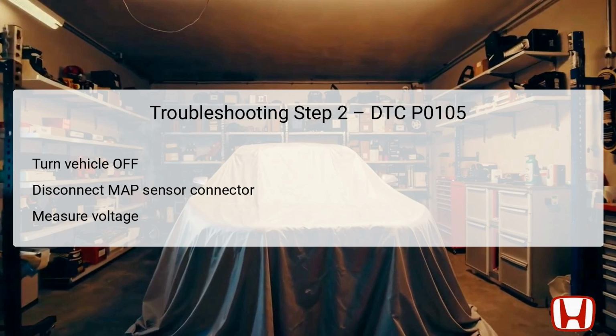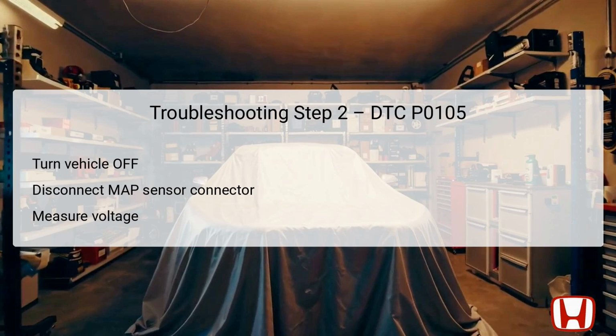With the sensor disconnected, use a multimeter to measure the voltage between specific test points on the MAP sensor 3P connector. This measurement will help determine if the MAP sensor is receiving the correct voltage supply, which should be around 5.0 volts. A reading of approximately 5.0 volts indicates that the power supply is good, allowing you to proceed to